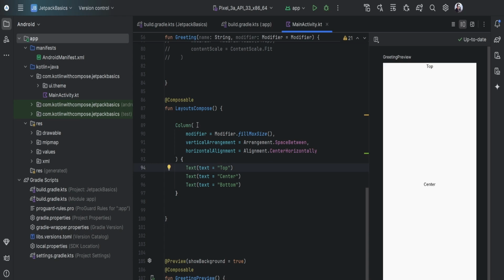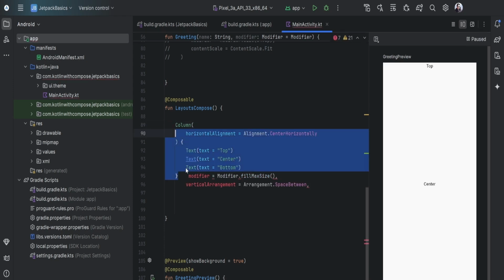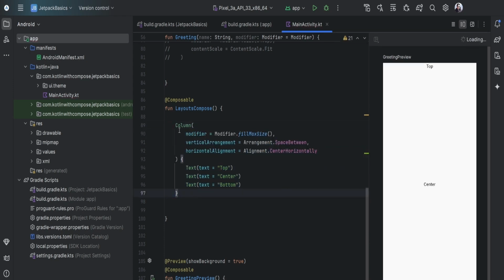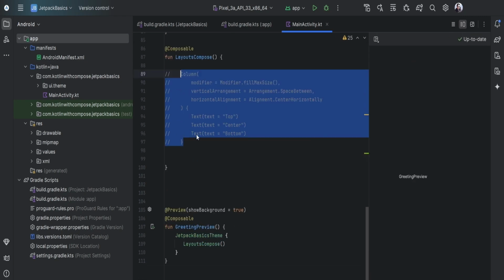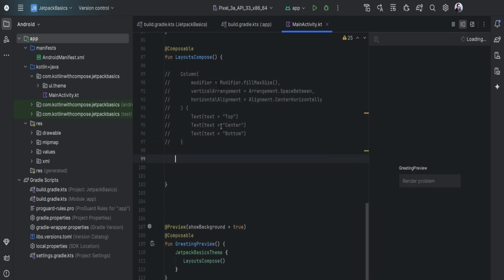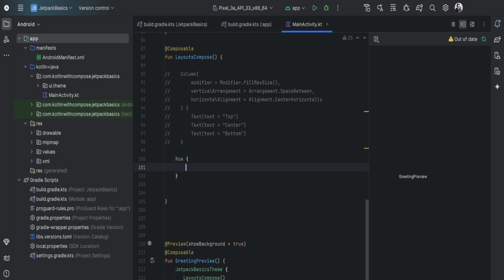So guys, that's much for the columns. So now let's move to row. So row is also kind of a column, but it's a horizontal behavior. So now let's add row composable here, and let's add the child, like text, let's say left, and let's